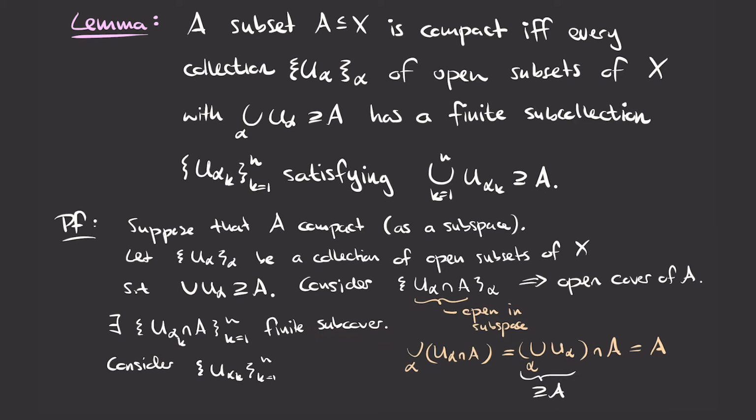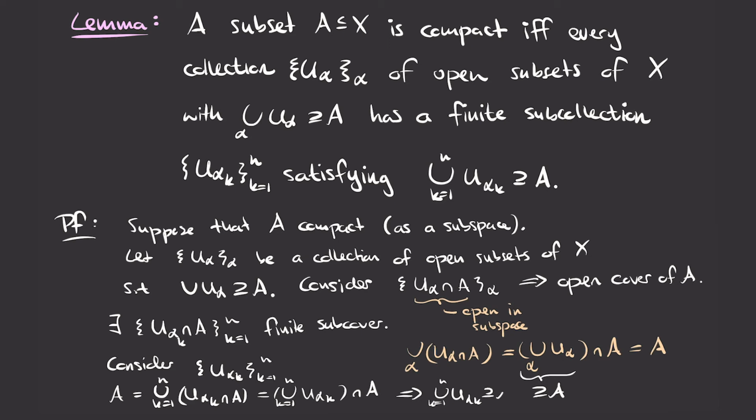To show this more formally, we know that A is equal to the union over k from 1 to n of these sets U alpha k intersect A, because this collection here is a subcover of this original open cover, which means that it still has to cover A. Now again, using the distributive property for unions and intersections, this is the same thing as the union from k from 1 to n over all these U alpha k, and this entire thing intersected with A. And now we have the situation where we have some set that we intersect with A, and the result we get back is A. And well, this implies that this union here